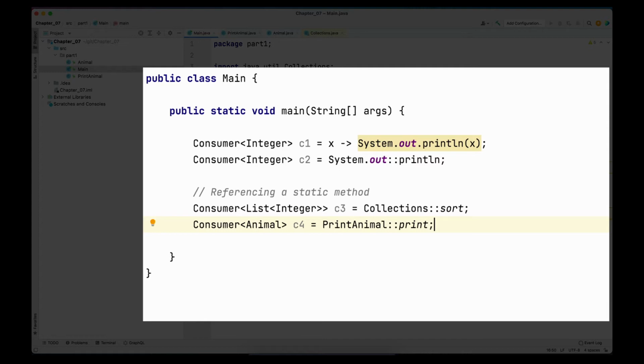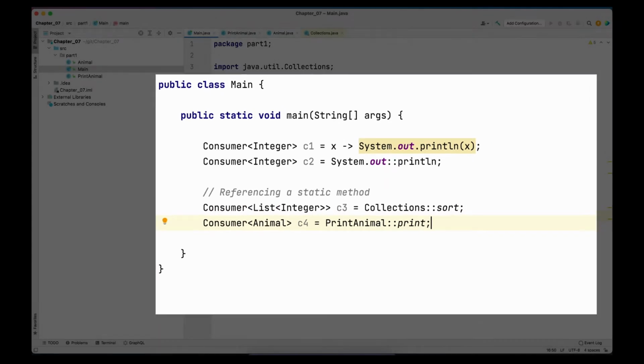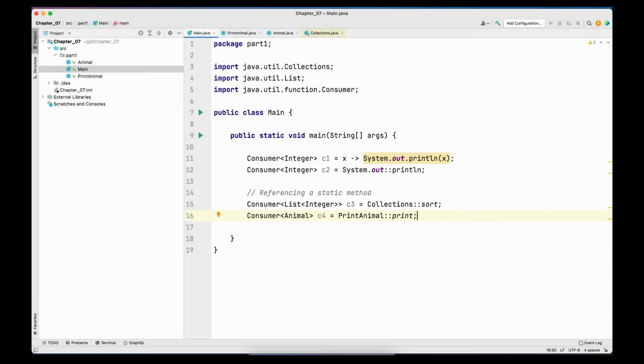As you see, I have created my own class, my own method, and I'm able to use my method as a method reference. As long as a method takes input as Animal and doesn't return anything back, that method can be used to create the lambda for the Consumer. And also note that a method reference doesn't always have to take an input. We can actually use method references even for other functional interfaces.